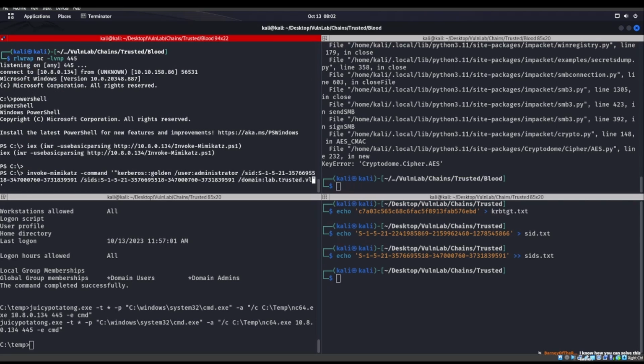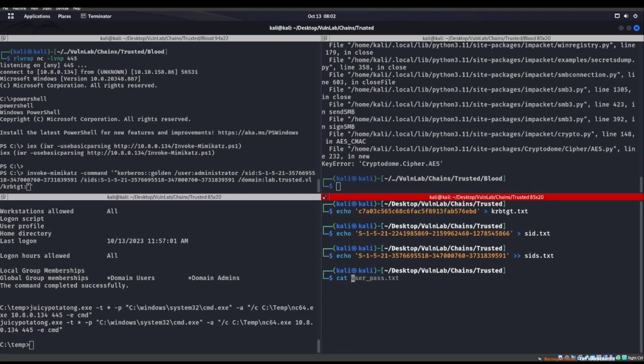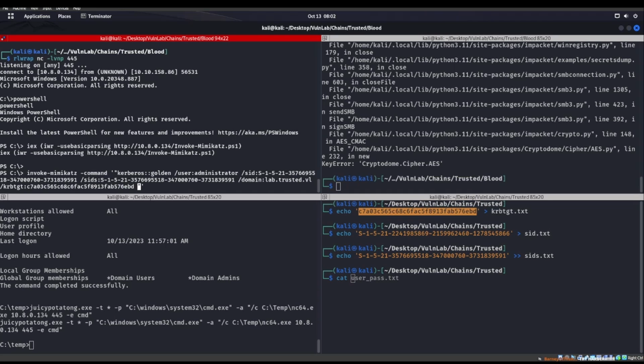All right. SID, SIDS. We also need the KRBTGT hash. Try harder. Okay. Actually, that makes no sense. If we were stuck, that would make sense, but it actually makes no sense. There we go. Okay, KRBTGT. Yeah, if we were stuck, then you try harder. But,